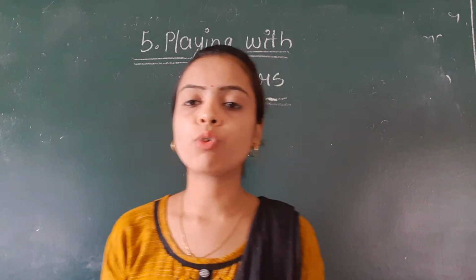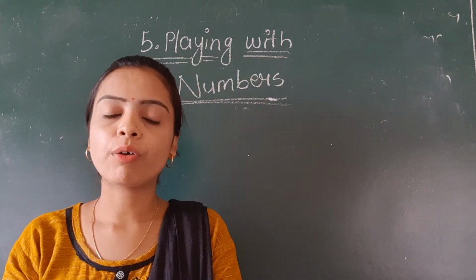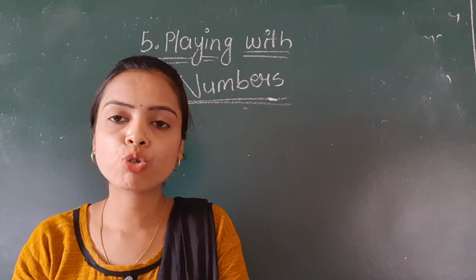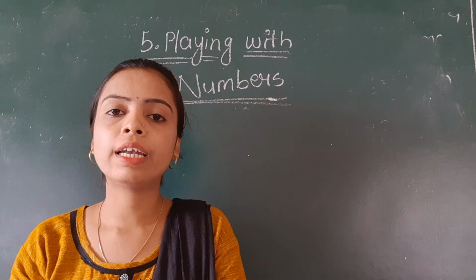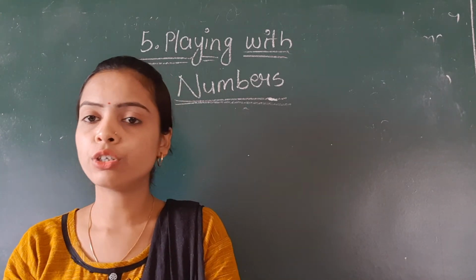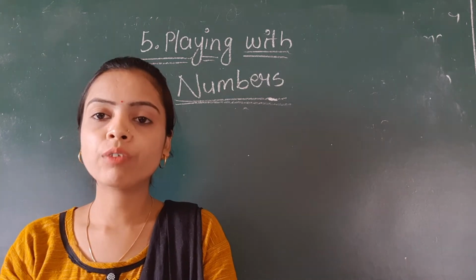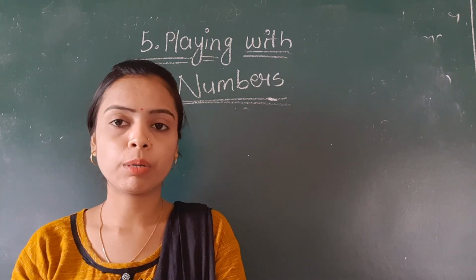The divisibility for 5 is when you are dividing a number by 5, or you can say if you have to check whether the given number is divisible by 5 or not, you have to check the ending digit of it. If the digits at the unit place are 5 or 0, then you can say that the given number is divisible by 5.